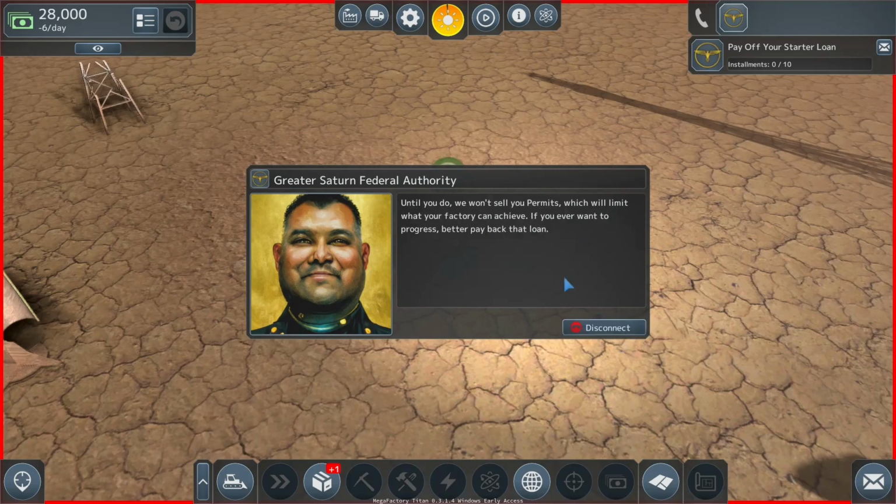Yes, they did indeed. Until you do, we won't sell you permits, which will limit what your factory can achieve. If you want to progress, better pay back that loan. So the idea is that in order to buy vehicles, or buildings, or whatever, you need a permit. Until you pay back your loan, you can only rent vehicles and buildings and other bits and pieces. So somebody else owns them, you are renting them, and you have to pay them a